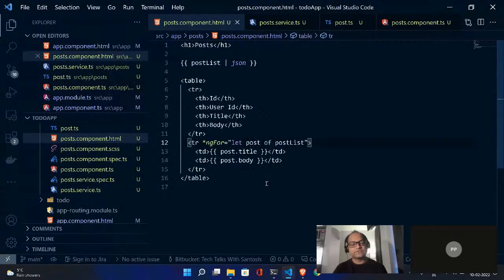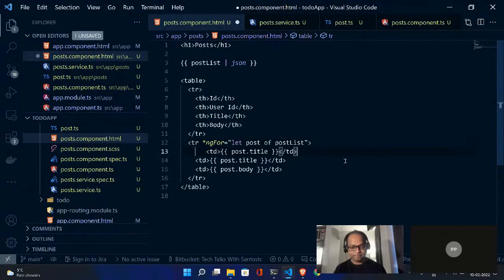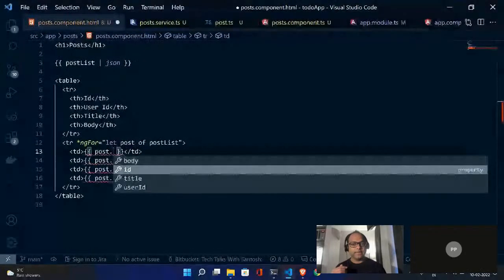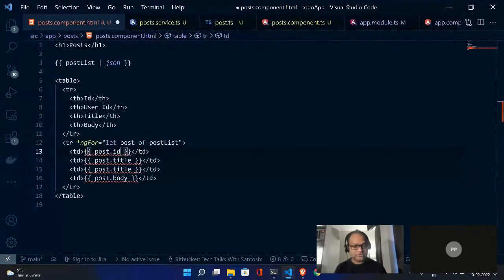Once we get access to the single post, so each and every row, we can go ahead and use our interpolation property and it will work. So we can just do something like below. And you can see Angular knows the type, so it will also give you IntelliSense here.